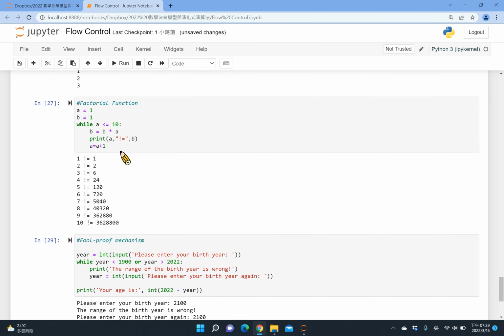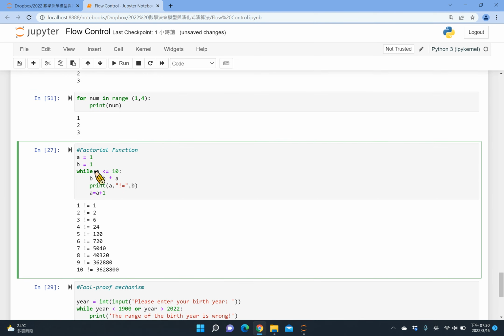Okay, let's move on. Let me provide you some examples. So you probably know the factorial function. For example, 1 factorial equals 1, 2 factorial equals 2 times 1, 3 factorial equals 3 times 2 times 1. Or you can say 3 factorial equals 3 times 2 factorial, right? So if you understand this math function, you can write a while loop to